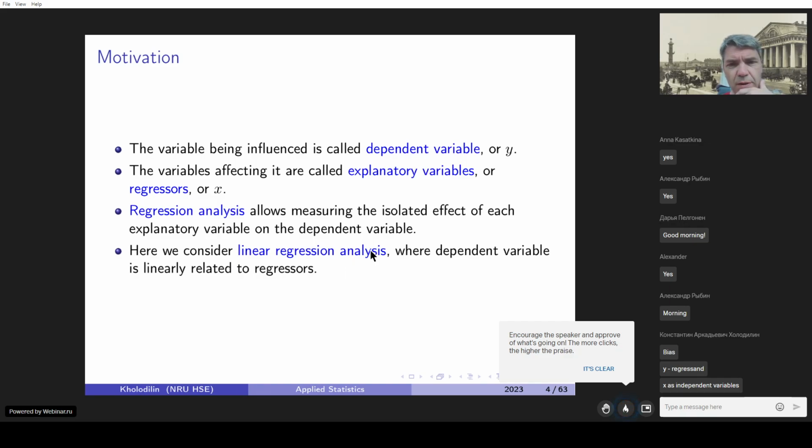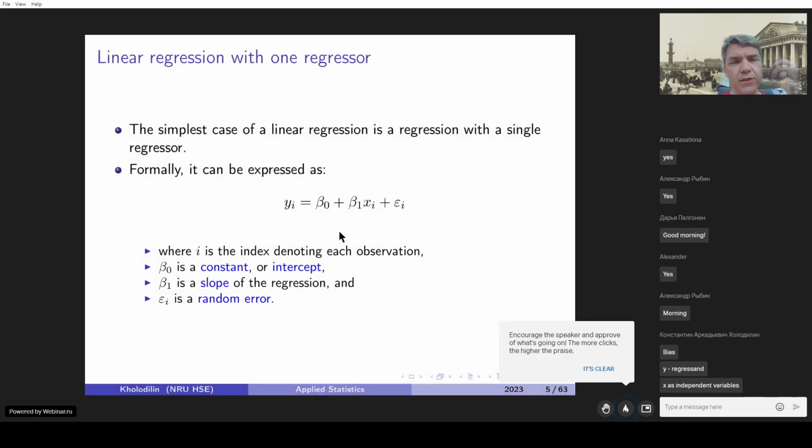So the dependent variable is linearly related to regressors. So let's start considering, for simplicity, the specific case of regression, namely the linear regression with a single regressor. So it can be expressed as this linear